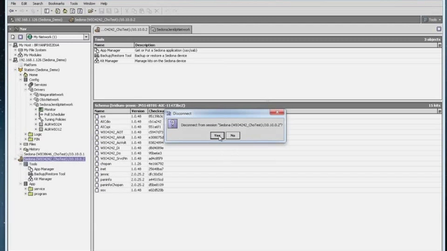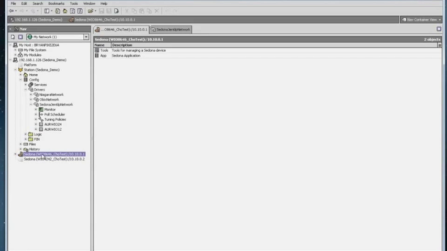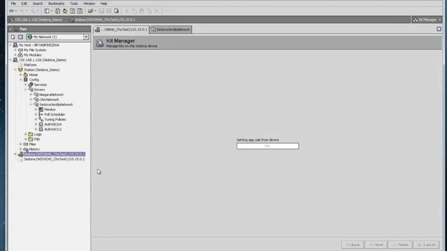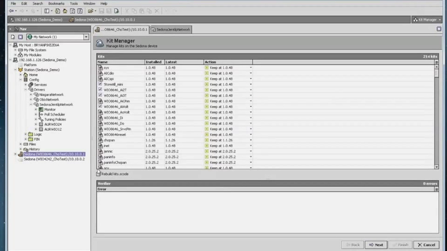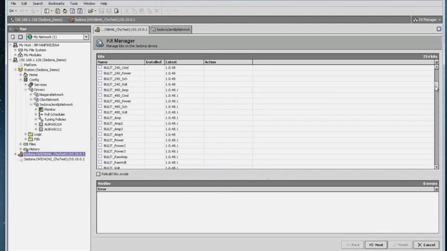All right, let's cancel that, but let's show you where the actual kits are located within the device. We'll disconnect from this guy and go back into this device itself. And once you're there in the controller, you can go into the kit manager for each device. This is where you can reduce the overhead by removing things from the controller you're not going to need, or by adding the devices or kits that you could utilize or need to utilize. In this case, you can see all the kits that are available to download from our website that can be placed in the controller to provide you with the ability to